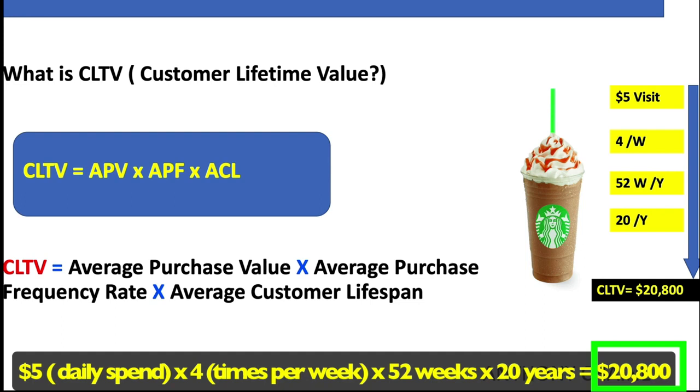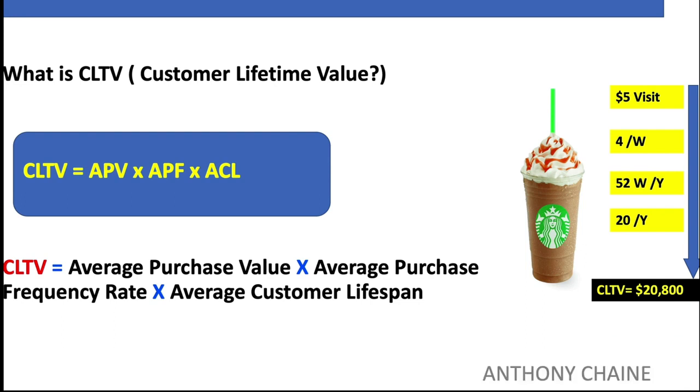Let's say you sell cars. Your customer buys or leases a car on average every 3 years. So let's assume a lease is $400, right? So you take that number, $400, that's per year, and multiply it by the number of years that customer is going to become yours and patronize you. Maybe every 3 years it changes, so you take the amount, whatever that might be, multiply by the number of years they're going to be with you, and that will give you pretty much the CLTV of that